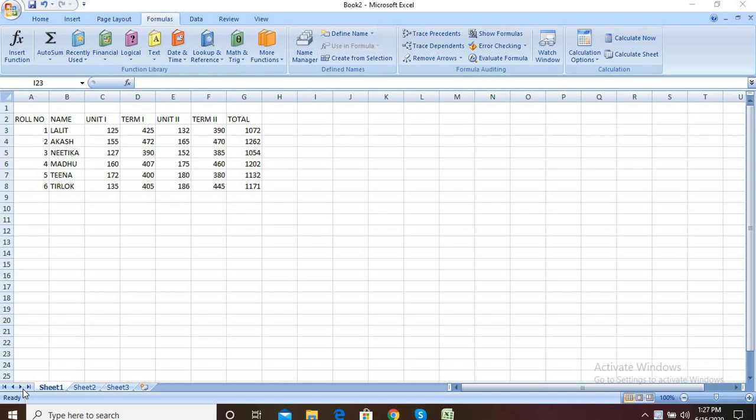For that, first you have to create the same table as I have shown here in this video on page number 36, hands on computer. You also have to create the same table in Microsoft Excel. After creating this table, follow the following steps.